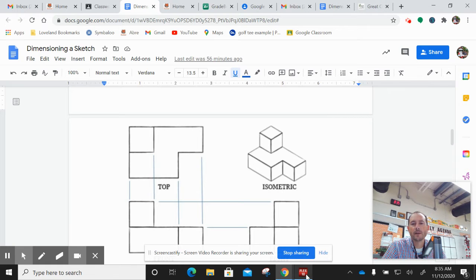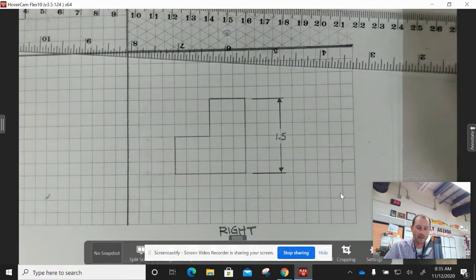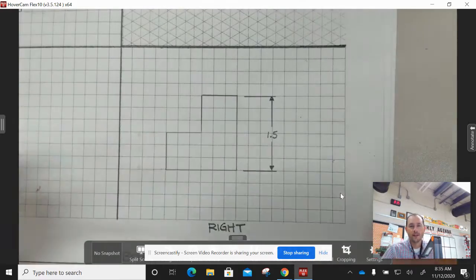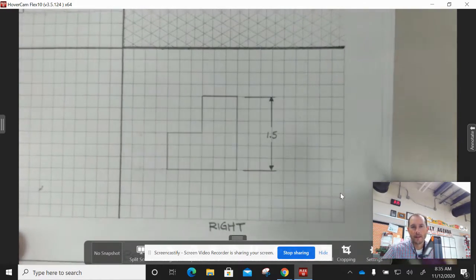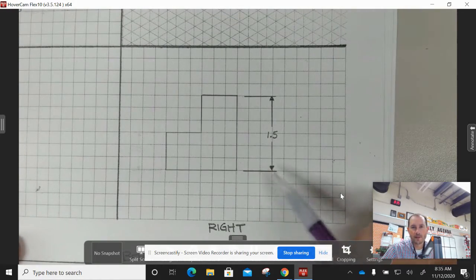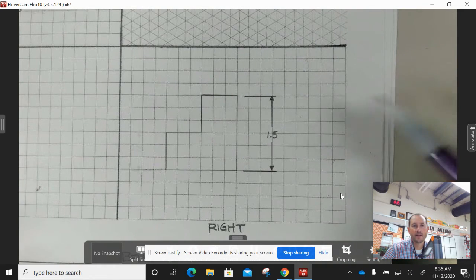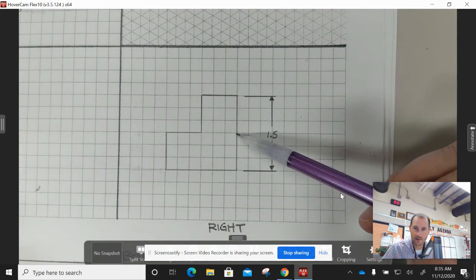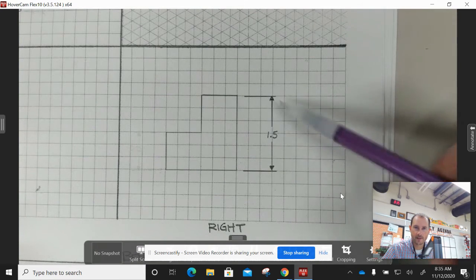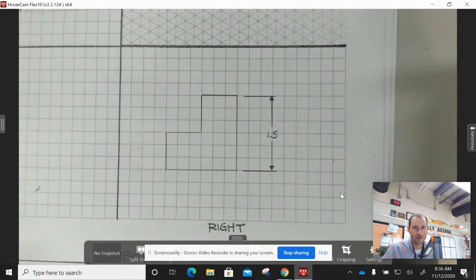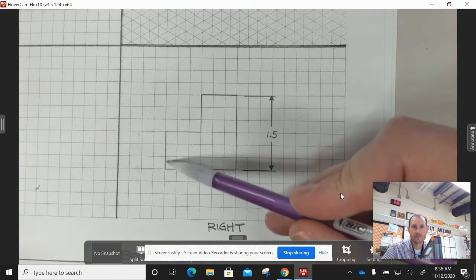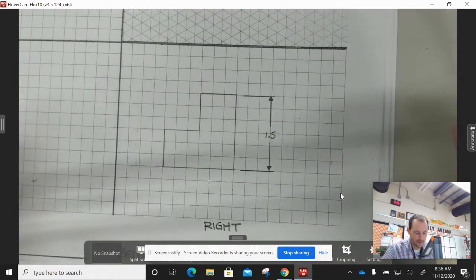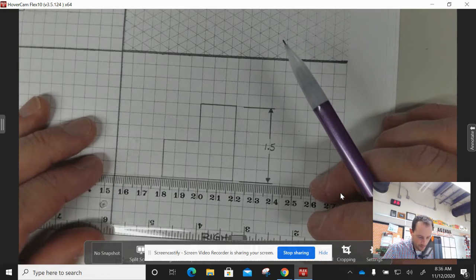Anyway, let me show you how this looks on the dimensioning paper. So let me go ahead and open up my camera. Okay, you'll see here I've done my right side view, and I drew my extension lines, and it is 0.75 for 3 spaces, and then another 0.75 for the next 3 spaces. That's a total of 1.5. I'm going to show you how to do the height of just this piece here, which is going to be 0.75. So just take your ruler,